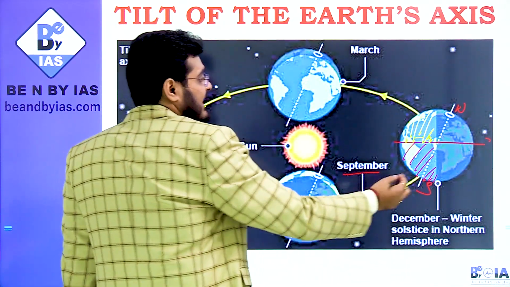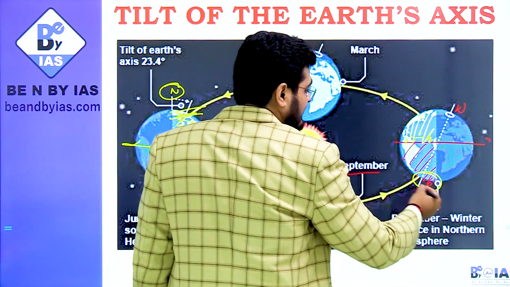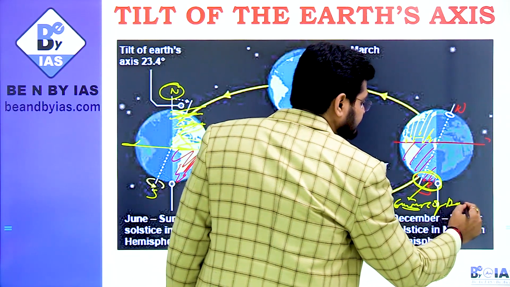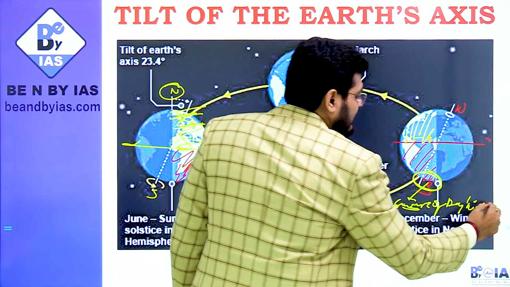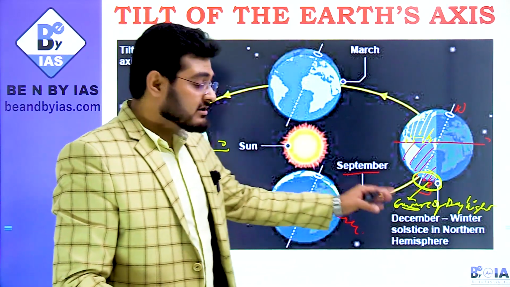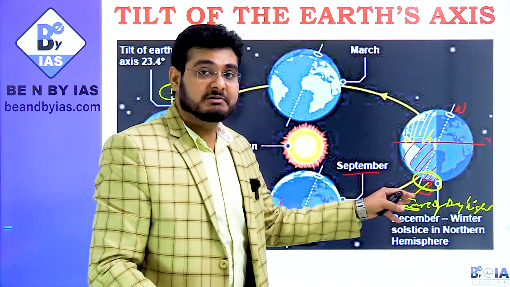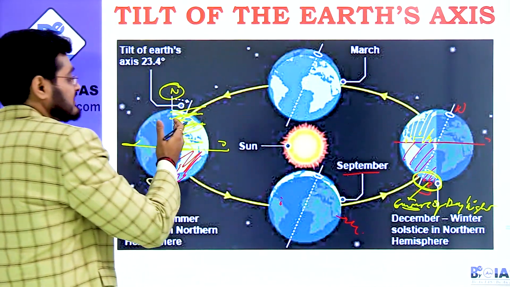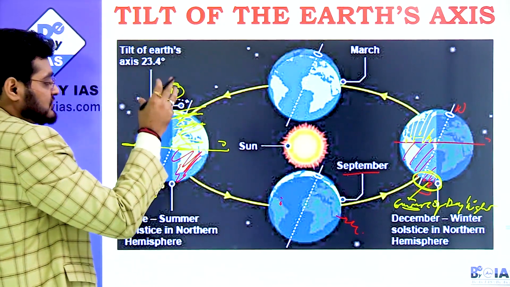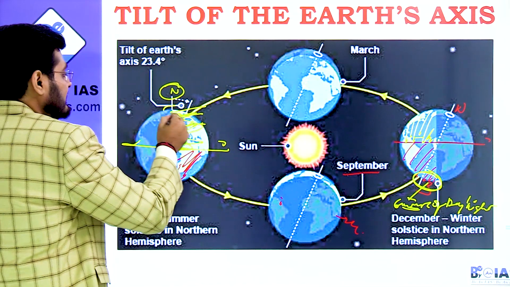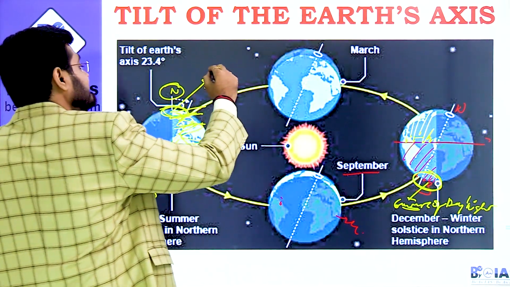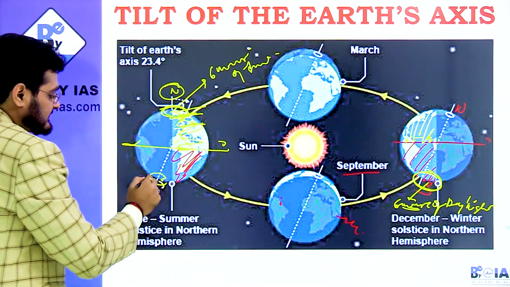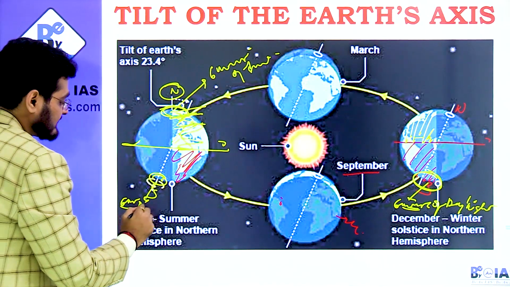Now think of a situation when this is the situation. Before it comes to this situation, the maximum amount of sunlight is received by the southern hemisphere, and the southern hemisphere has around 6 months of daylight. You cannot see darkness during the winter solstice that occurs in December. In the southern hemisphere, it's for 6 months, it's all light. In the northern hemisphere, when we come to the June solstice, the same thing happens. In the northern hemisphere, this Arctic region has 6 months of sunlight, and this southern hemisphere has the same 6 months of darkness.